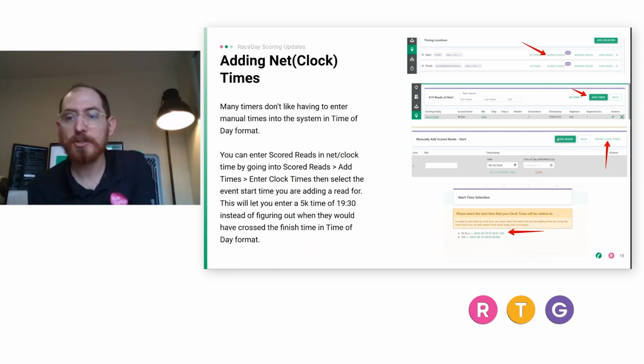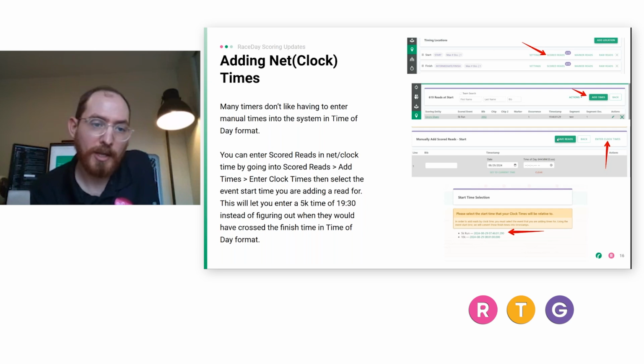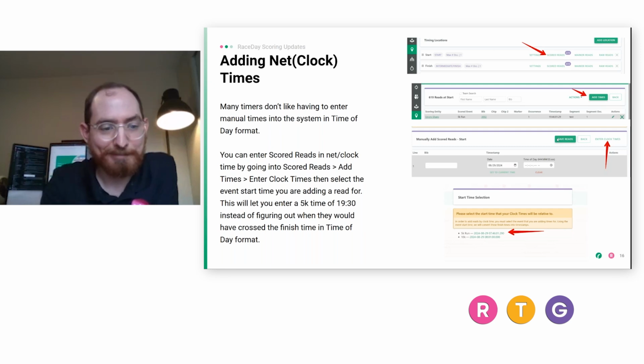of day. So it's just a nice little feature if you're used to doing things in net time, or you just don't want to try and do the math on your own to figure out the time of day of when they would have finished. If you just know that they said their Garmin says they ran a 19:30 and you want to honor that. So